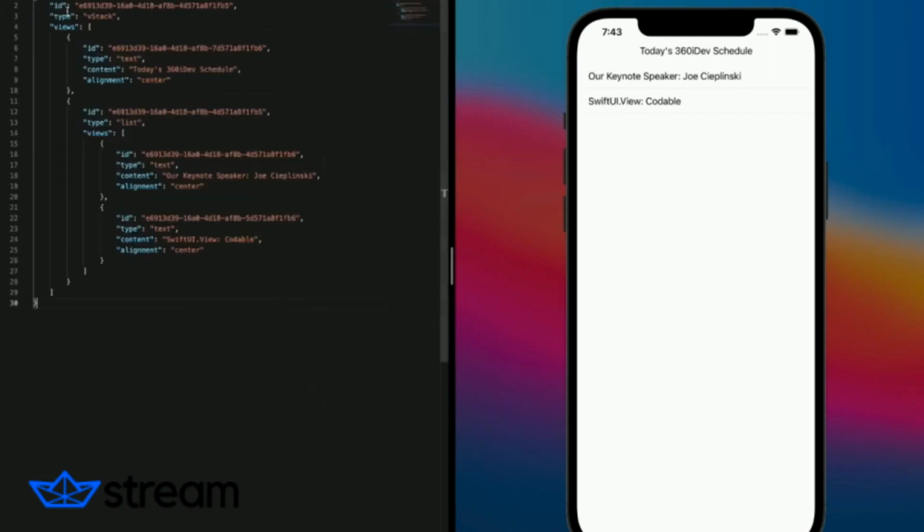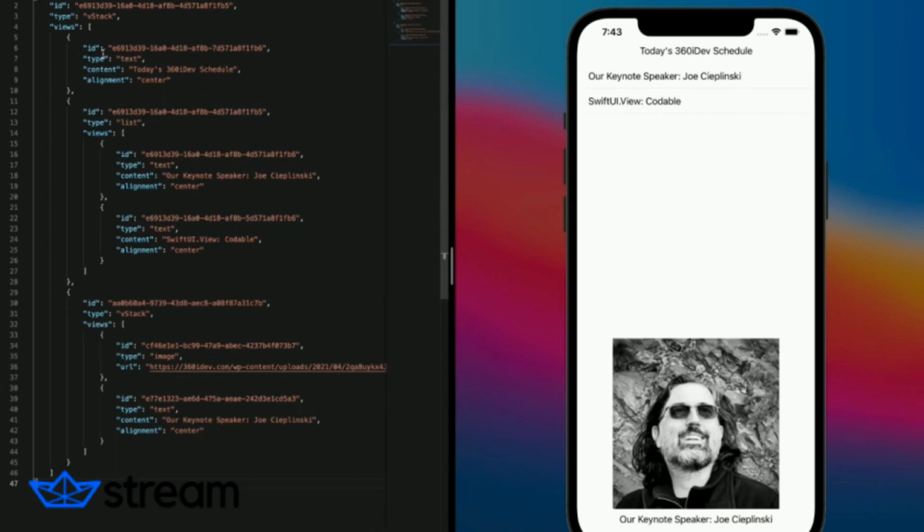So we implemented the 2 days 360 iDEV schedule, which would be our keynote speaker, Joe Kaplinsky, then myself with SwiftUI via Codable, and we even put his image underneath in a VStack that has a list and an image and a text, without ever having to write anything or having to click the compile button in Xcode, wait half a year, take your phone out, check Reddit, go back. Everything live here without ever having to click compile.